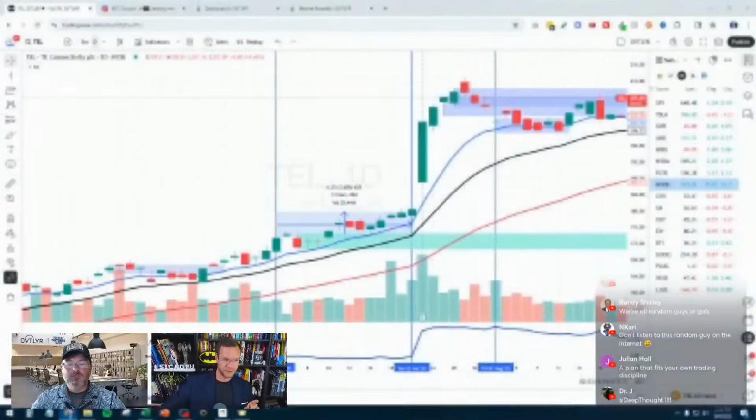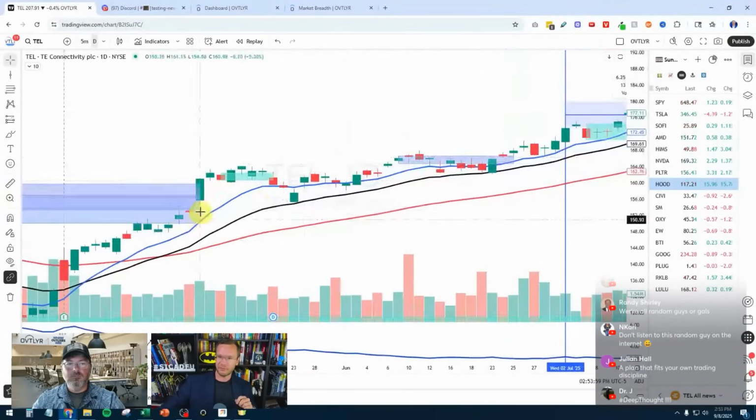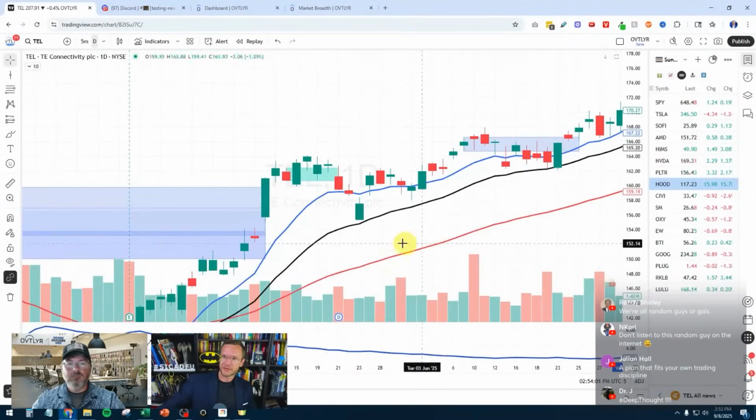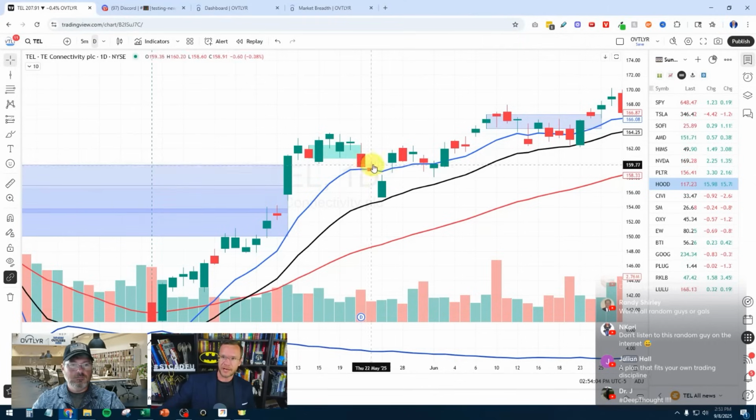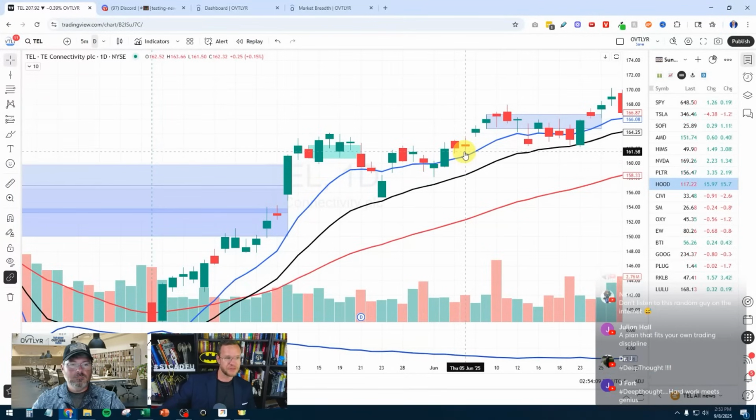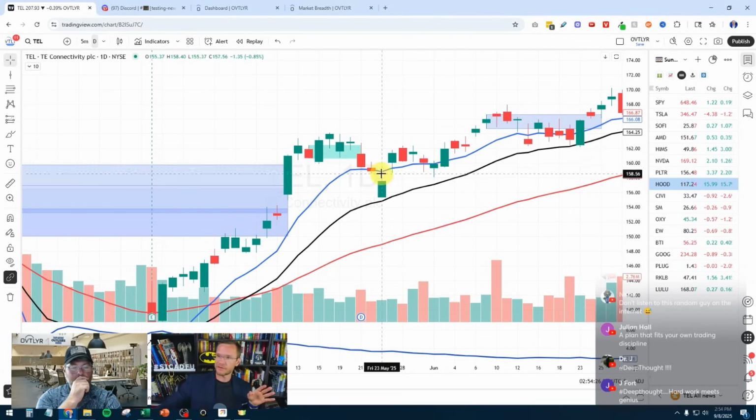However, a couple notes with the 10 EMA being our stop out point. There are times where price is close to the 10 EMA, right? Let's say you took a signal right here and it's a few cents away from the 10 EMA, and then there's times where you take a signal right here and it's really far away from the 10 EMA. My goal with the position sizing is to have the same amount of risk, meaning it has at least half of an ATR always. So even if it's right next to the 10 EMA, it's always going to be limited to half an ATR in the position sizing formula.